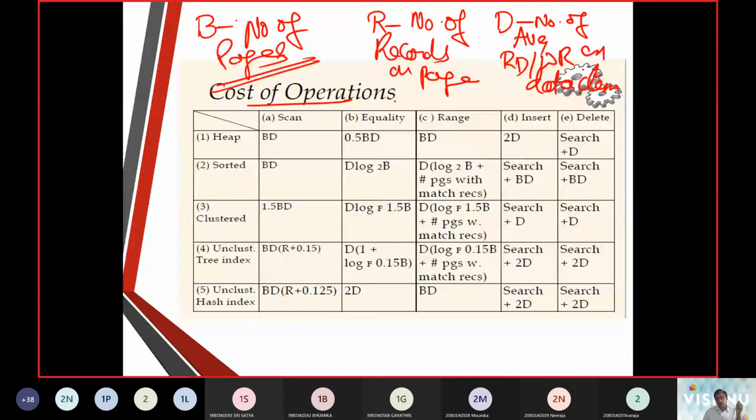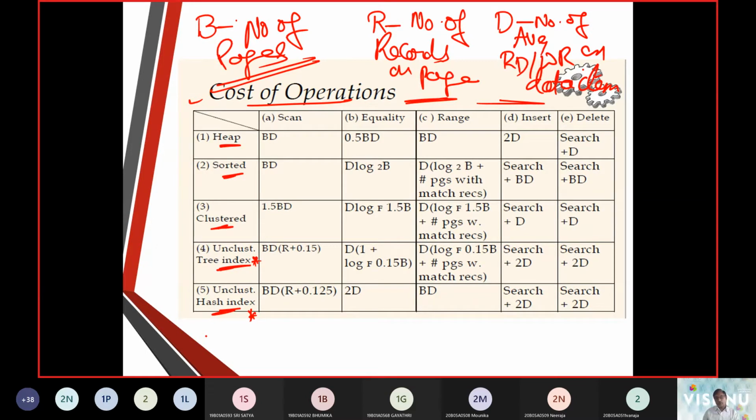So these 3 are going to be the key way to compute the cost. We talked about heap, followed by sorted, clustered, unclustered, unclustered with hash. So unclustered we take up with the index, and we take up with the hash buckets.